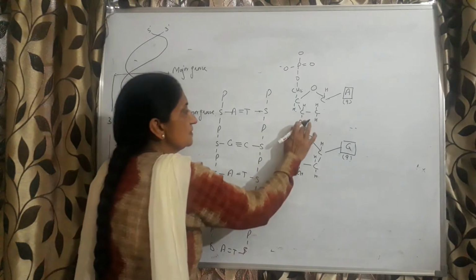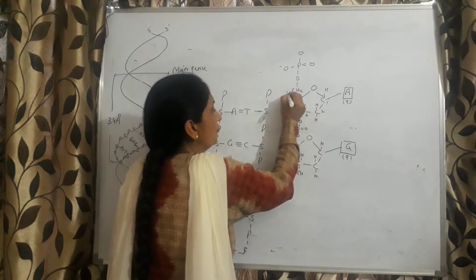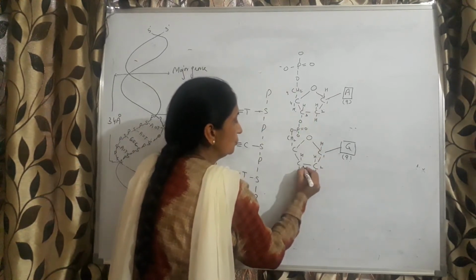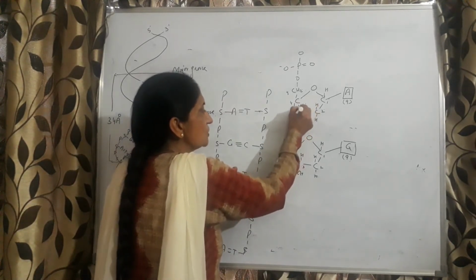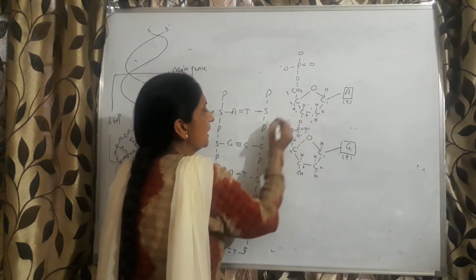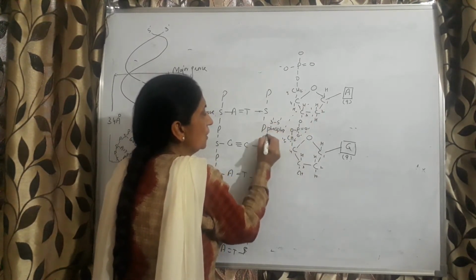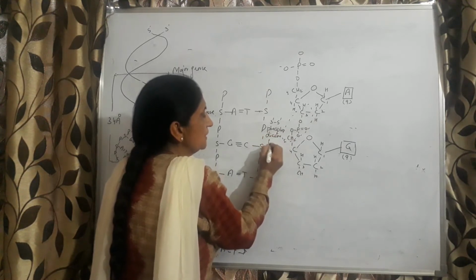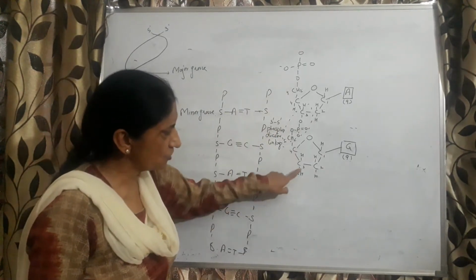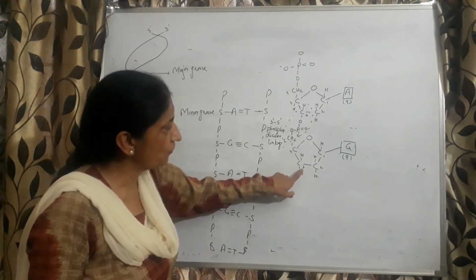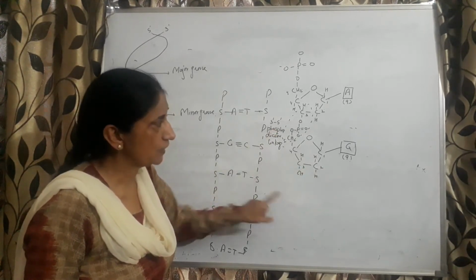So this is carbon atom 1, 2, 3, 4, 5. Carbon atom 1, 2, 3, 4, 5. We have studied that this linkage is known as 3'-5' phosphodiester linkage. So we have linked only two nucleotides. So this is one polynucleotide chain. This 3' end is again free over here, so you can join another nucleotide through 3'-5' phosphodiester linkage.